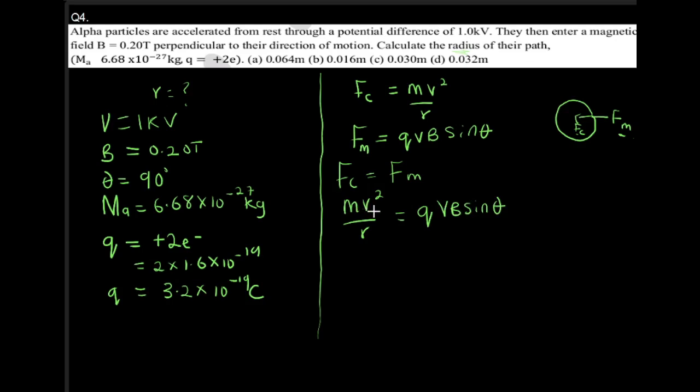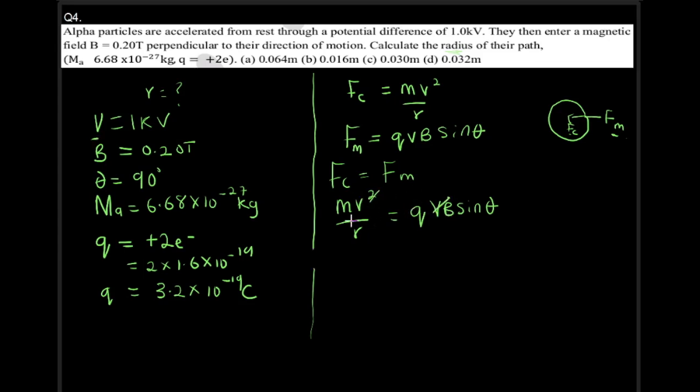All right, now this v here is velocity, and here is also velocity appearing on both sides. So one of them will cancel, and we're going to arrive at mv all over r equals qB sine theta. So now you're going to discover that m was given, which is the mass of the alpha